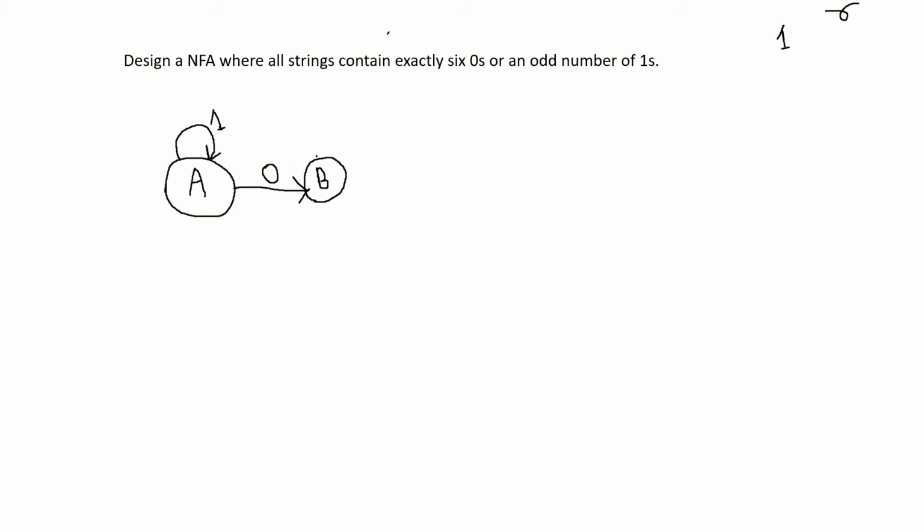Now from state B there will be a self loop of symbol 1 as the number of 1 doesn't matter, but when we get the 0 we will go to a new state, state C, and we got 2 0. Similarly we need 6 0, right? So the third 0,